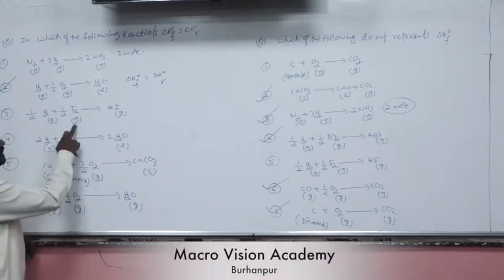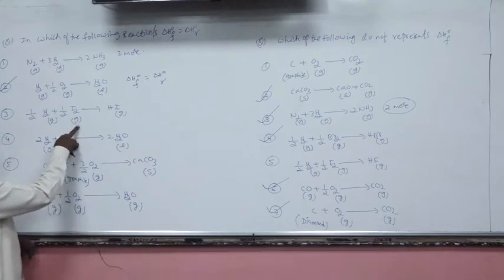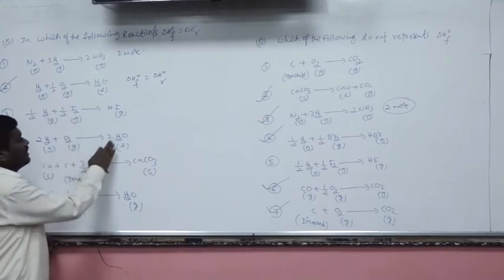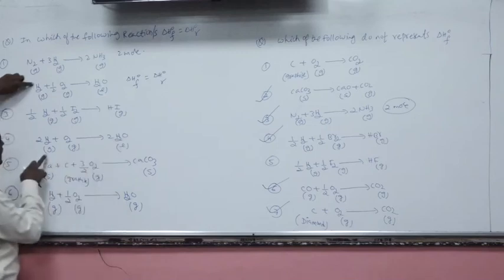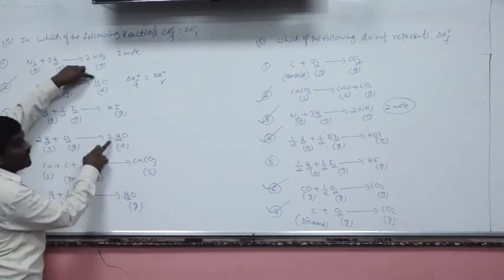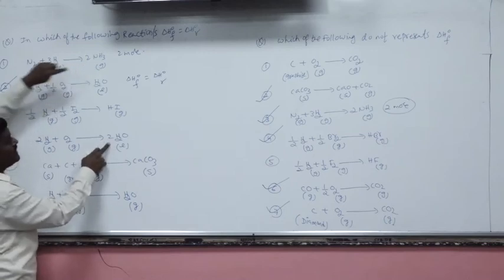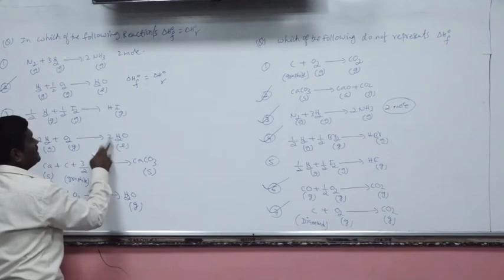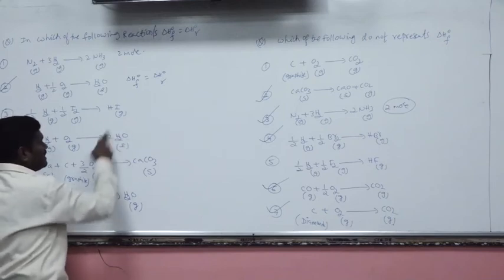Remember, what is the standard condition of iodine? Iodine must be solid state. So this is not the standard condition. Okay. Now come to the fourth one. H2 combined with O2 to give H2O. So in this equation, what is the difference here? Here 1 mole of water, here 2 moles of water. So the statement regarding 1 mole is not corresponding to standard enthalpy of formation. It is corresponding to 2 moles of formation of water.